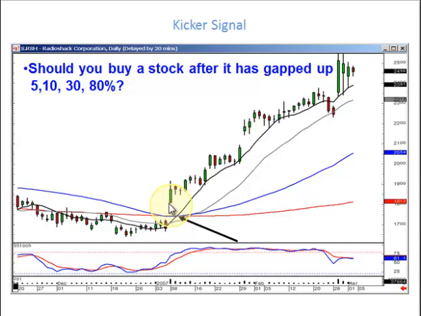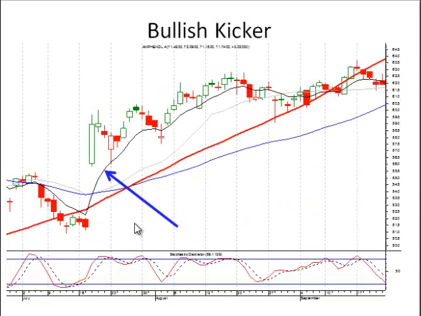Anytime you see a gap up from the previous day's downward candle and they start moving up positive, it doesn't matter if it's already up 40% or 80% or 100%. You want to be buying. There's something in that whatever made this move to tell you there's still going to be a lot more upside after that initial move. Back down to one basic element. The bigger the gap up, the higher the probability you're going to be starting in a very strong uptrend. Not necessarily a slow, steady uptrend, an uptrend.